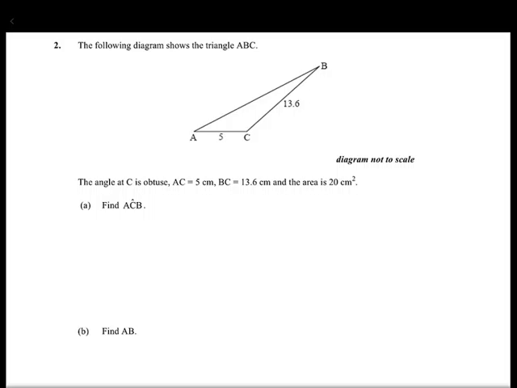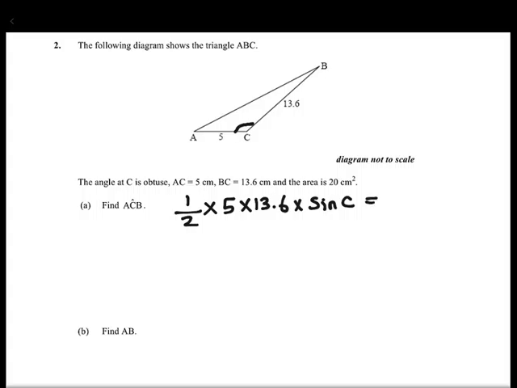Okay, so let us look at another problem here. The following diagram shows the triangle ABC. Here the length of the side AC is given, length of side BC is given, and the area is given. Okay, you have to find the angle ACB, that is this angle. So we know that the formula for area is half multiplied with 5 and 13.6 into sine of that angle. So let's say sine C